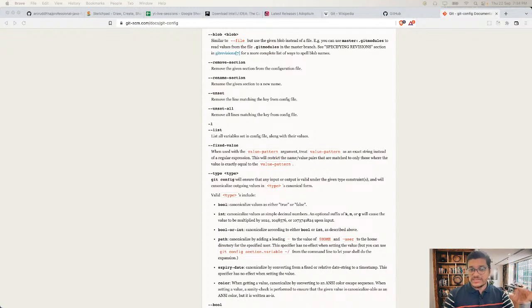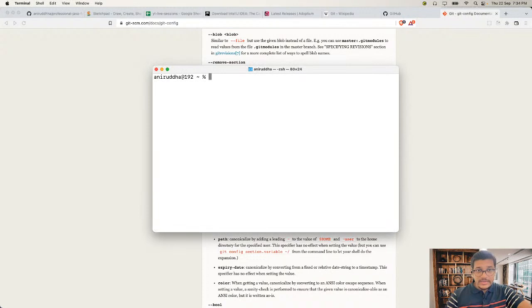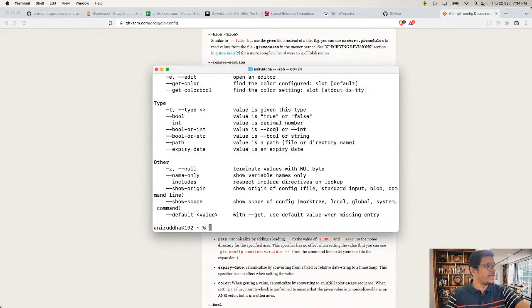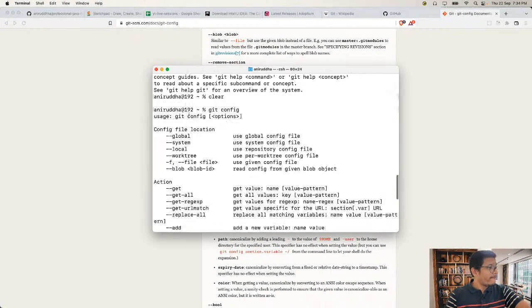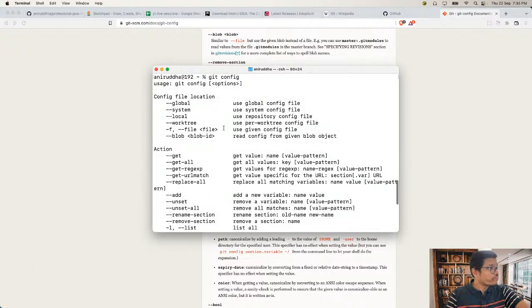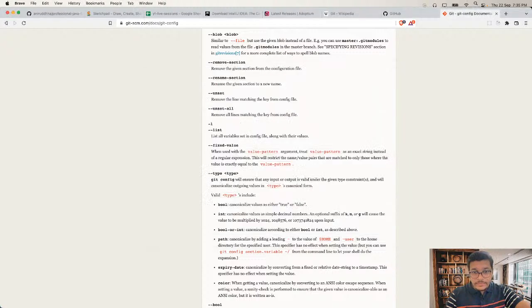And you need to set email. Two things are really important over here. So if you go to the terminal and say Git config, hit enter. Here if you can see,